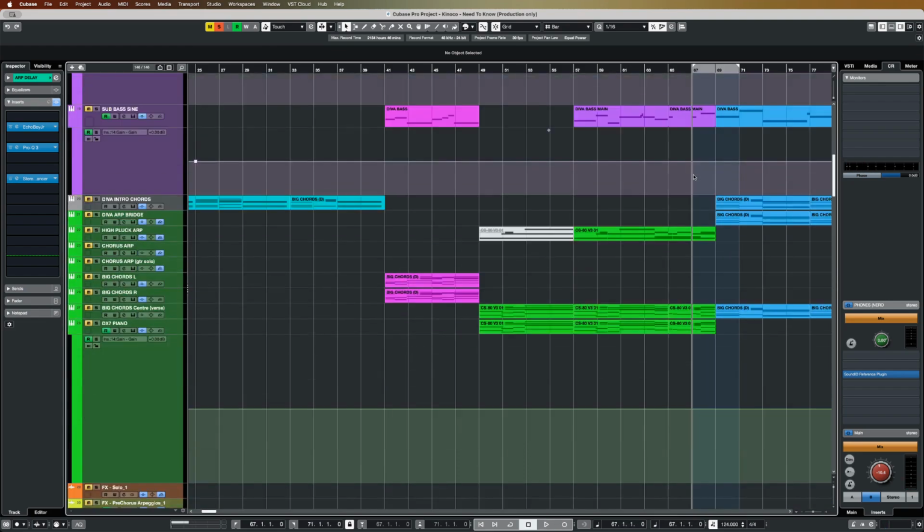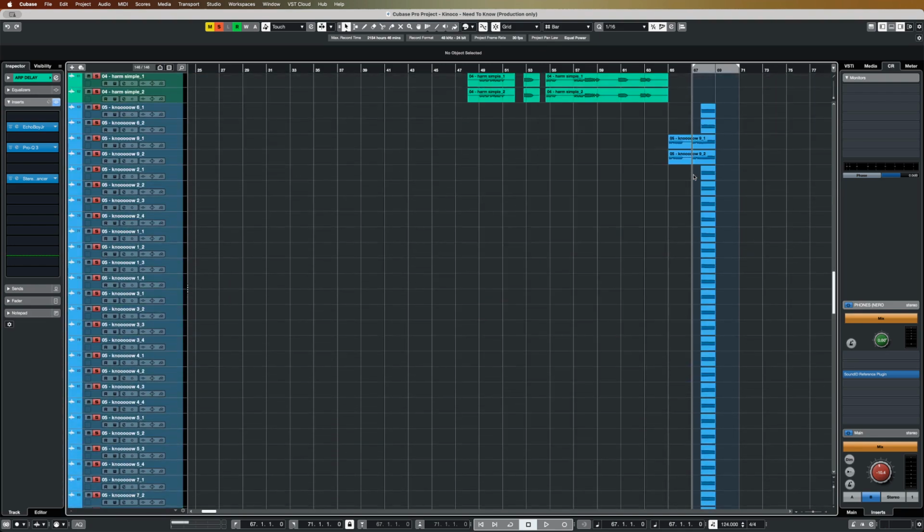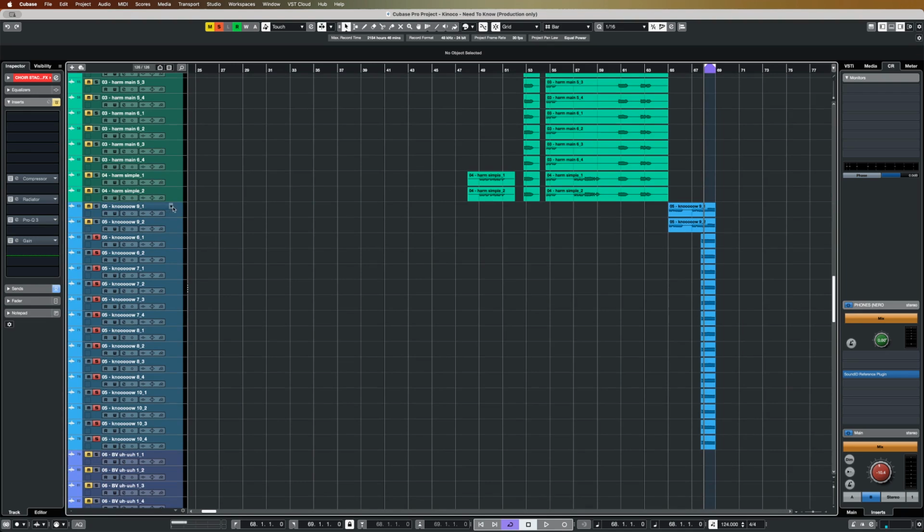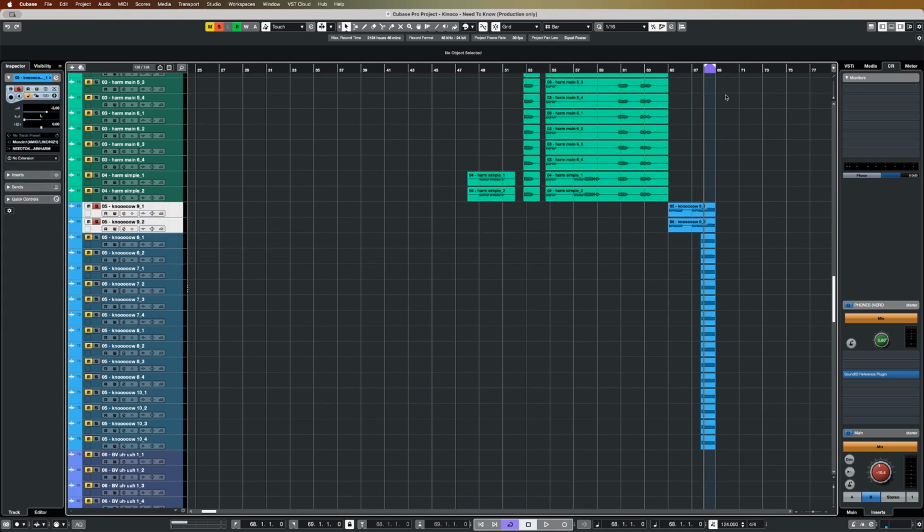And we can take a look at the elements that go into making this up. So down here, we can see that I've got another great stack of vocals. I've got the initial sort of high harmony, and then various different